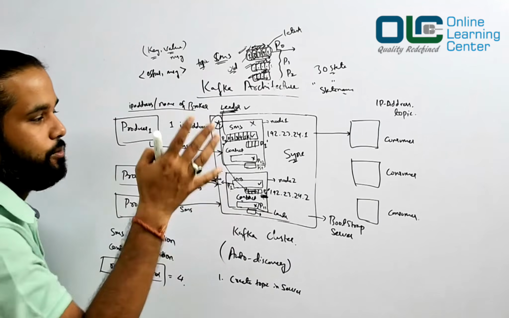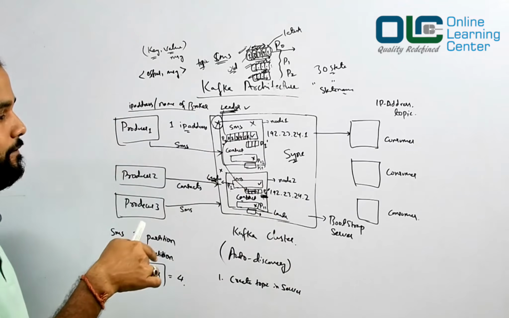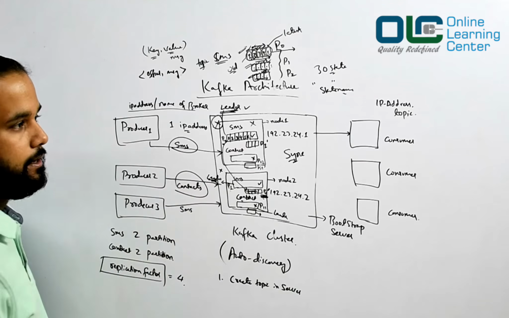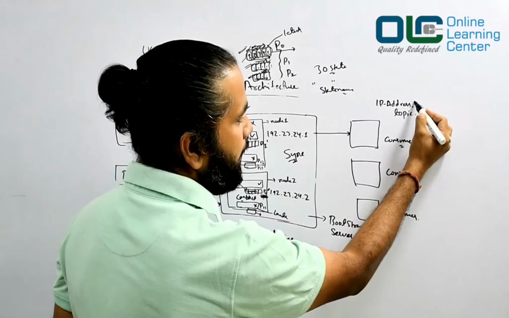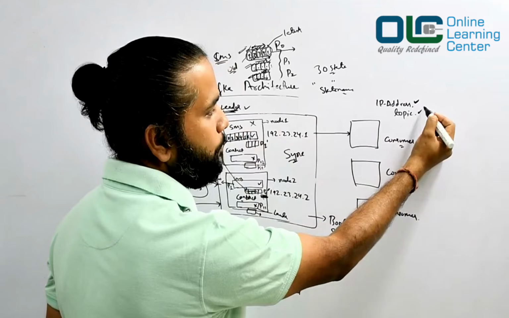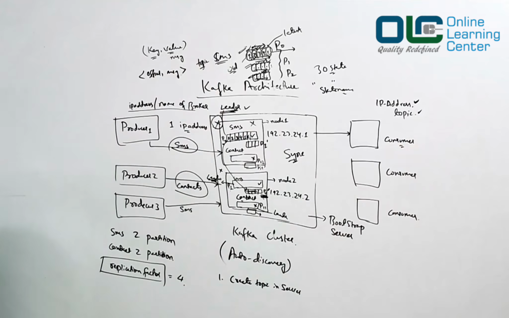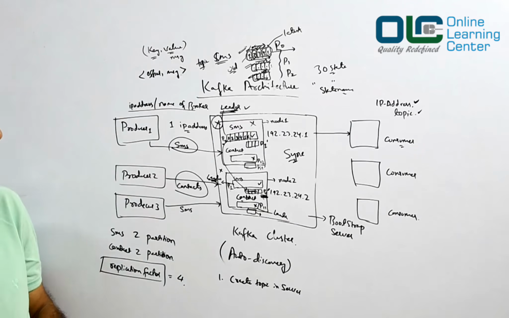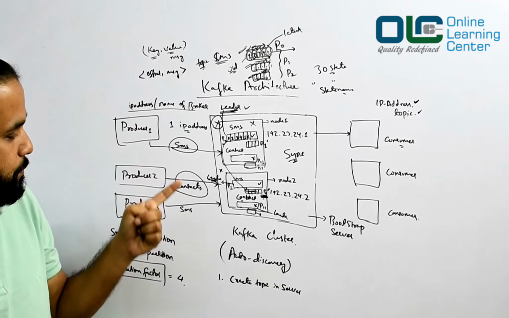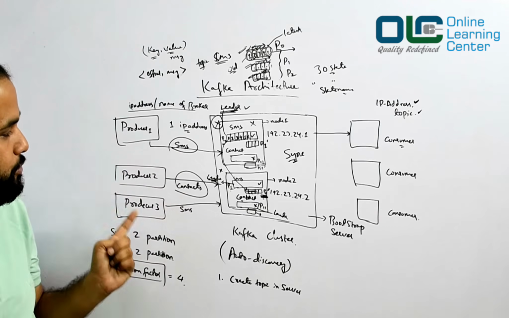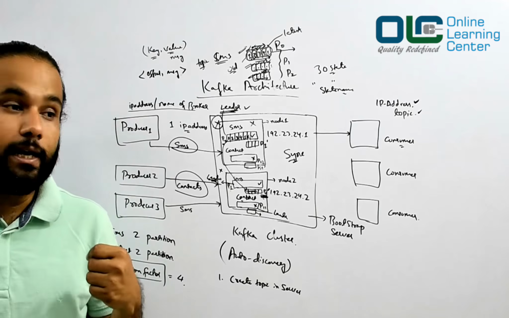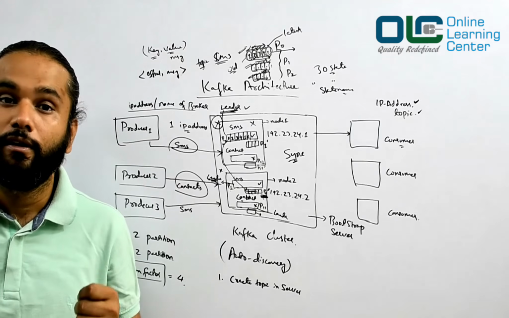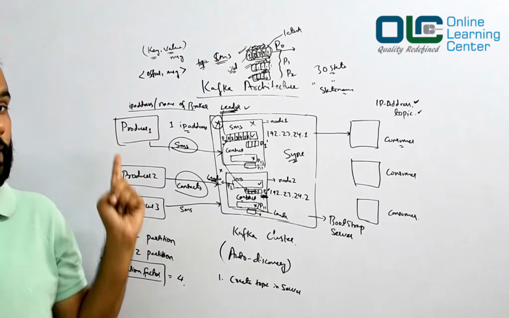Let's talk about the consumer now. Now I have two topics, and the consumer needs only the IP address of the bootstrap servers and then the topic name from which it should consume the data. As we have discussed earlier, it is possible that I have two producers for SMS. That means my SMS topic would probably get a lot of data produced by these producers.